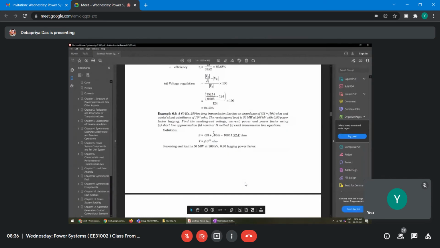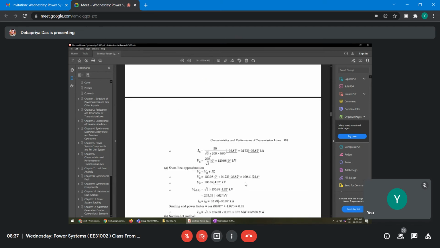So this example assumes a short line, then a pi model, and this is an exact transmission line. Z is given and Y is also given, 10 to the power minus 3 mho. The receiving end load is given as 50 megawatt at 208 kilovolt and 0.8 lagging power factor. So root 3 V I cos phi is equal to 50